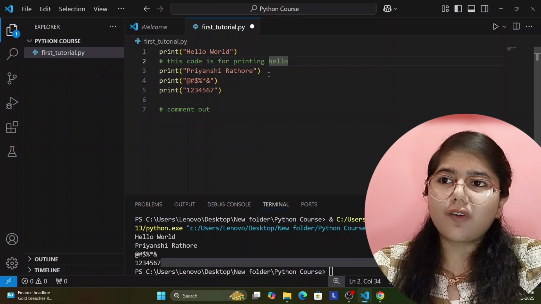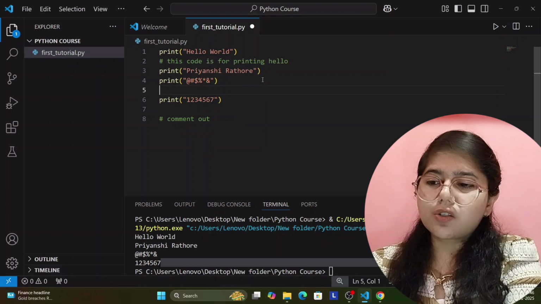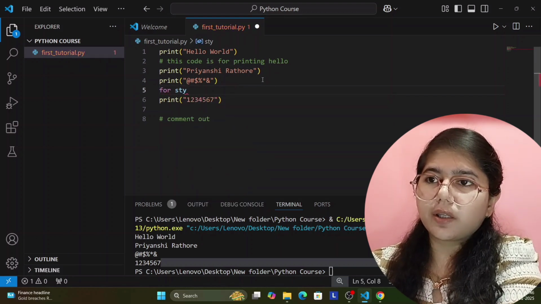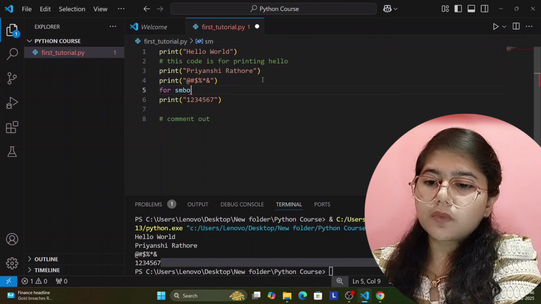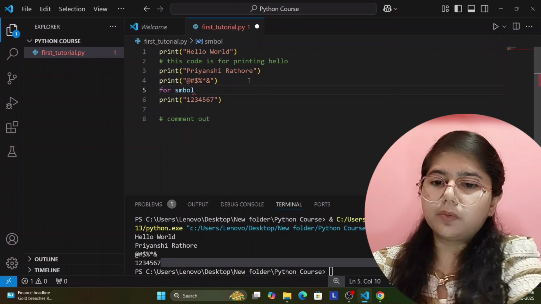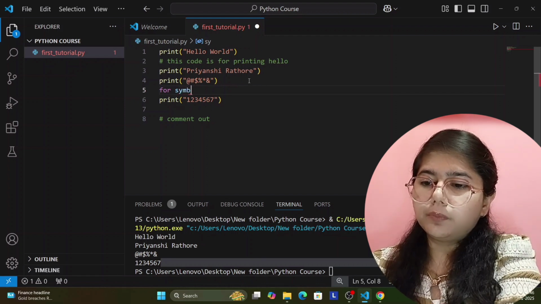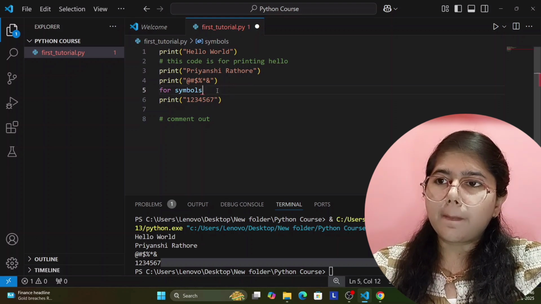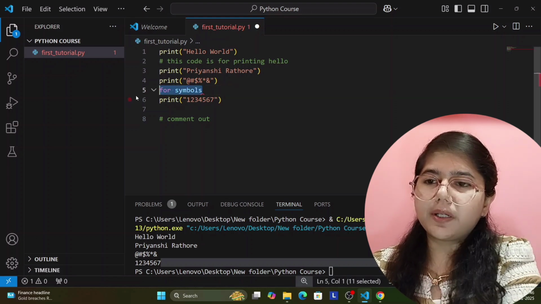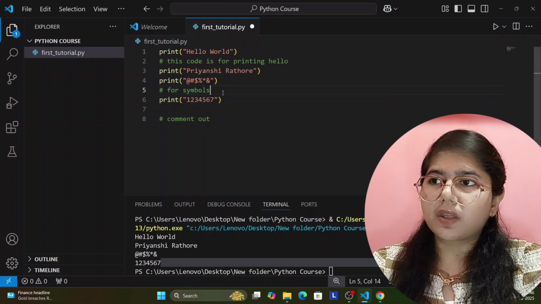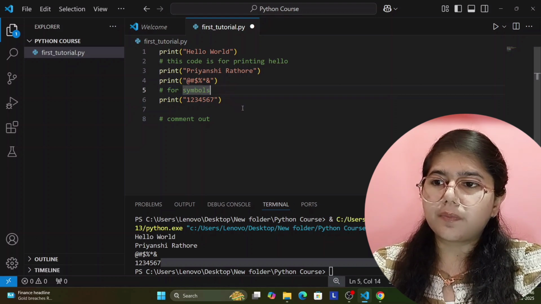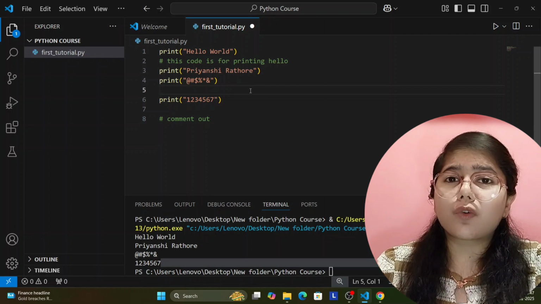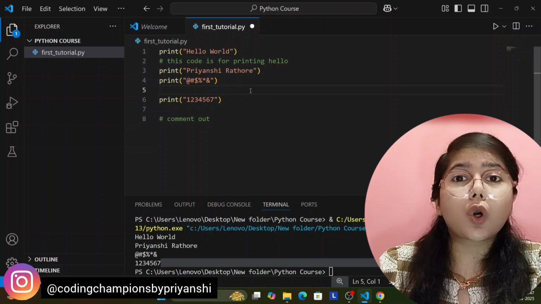Okay, if I want to write, after this, "this code is for symbols," I will write this line, and I will comment it out. See here, it's commented out. This comment out means if you want to write any rough notes between code for your understanding,